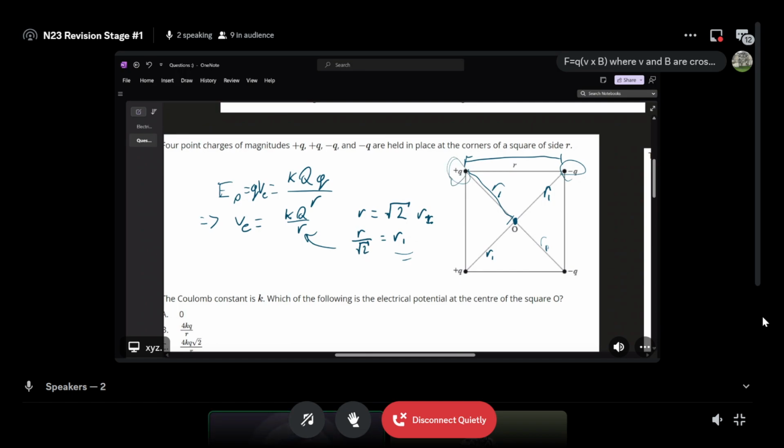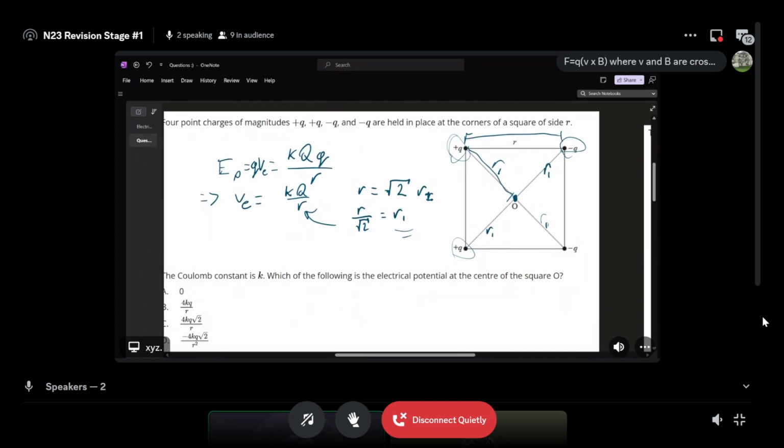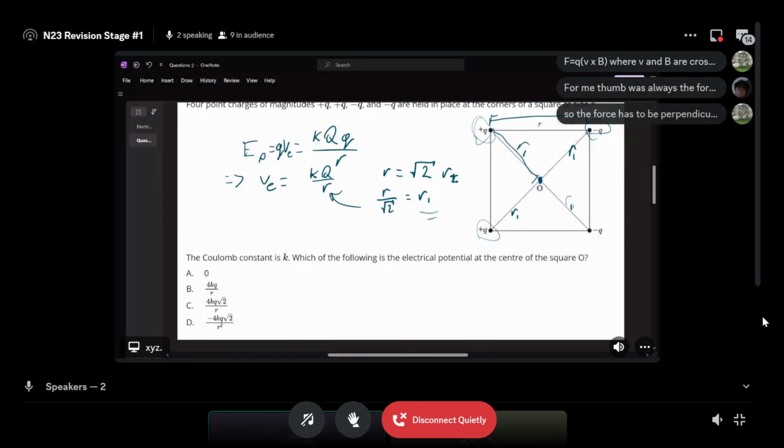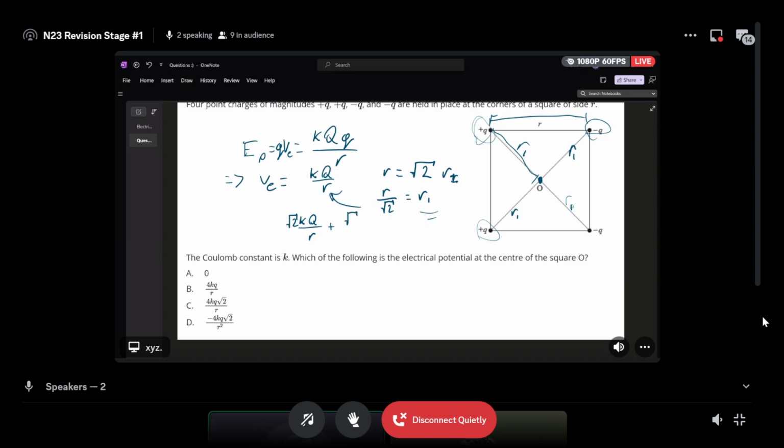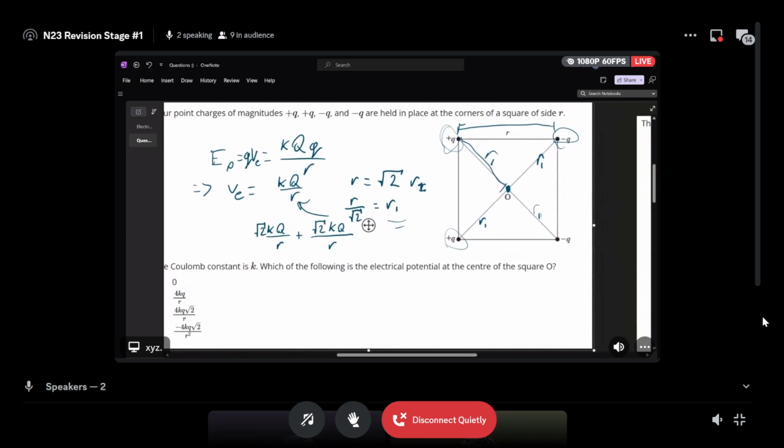So first we have our two positive ones, which are the same distance away. So that will be just kQ over root 2 plus root 2 kQ. Oh, I'm using big Q, I'm sorry. And then, so this is the potential at O. These are our two positive ones. So